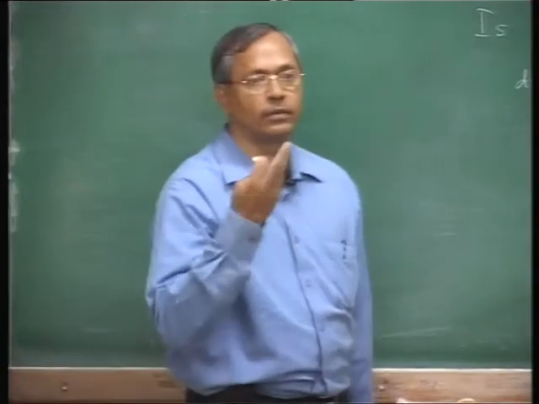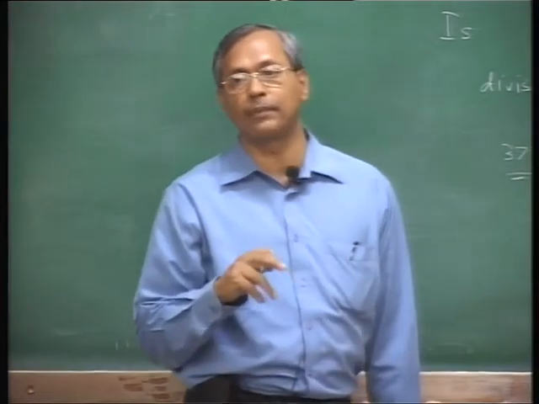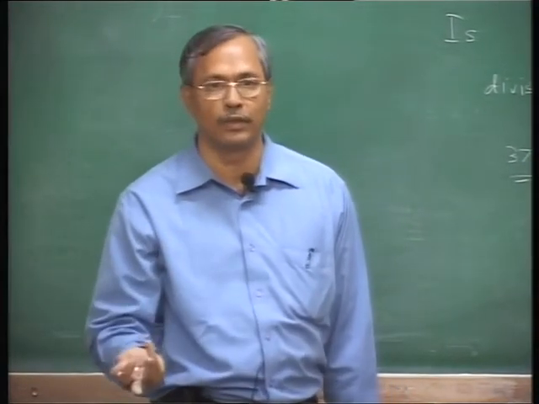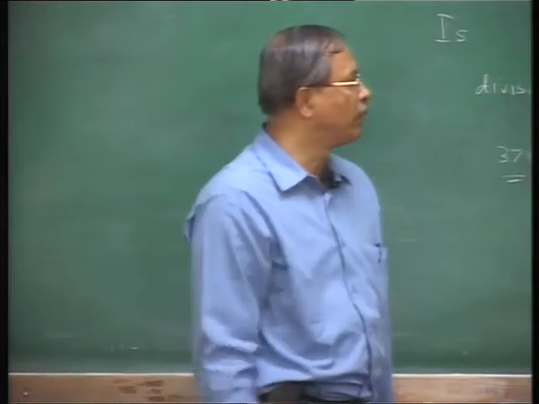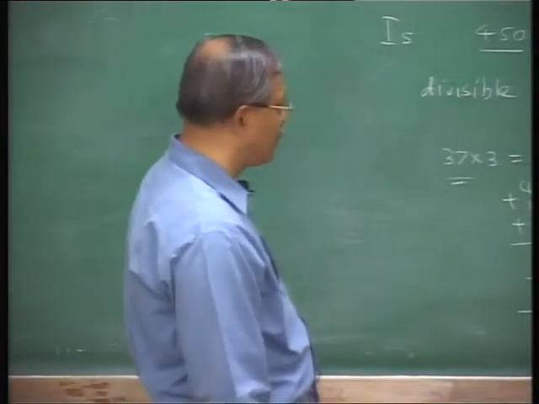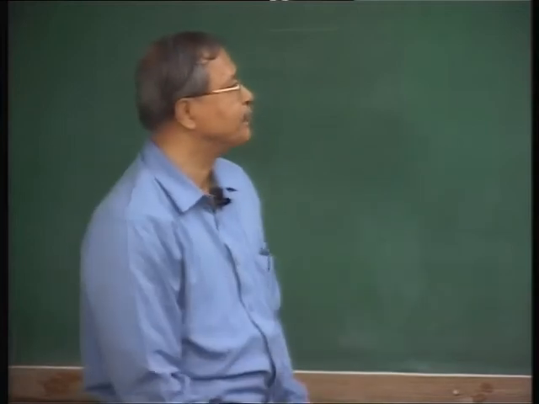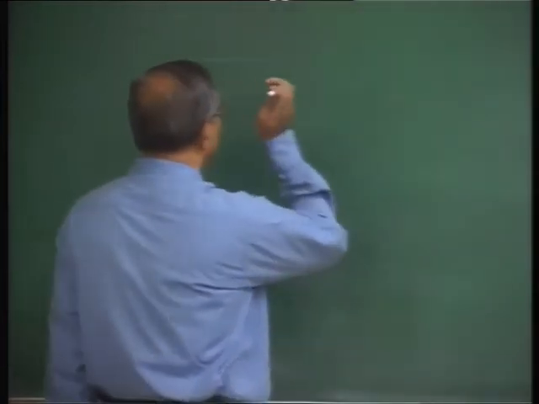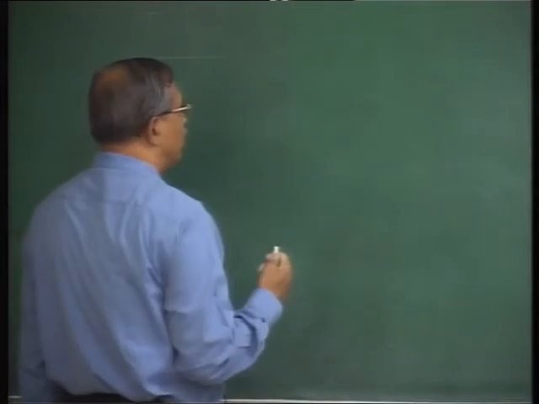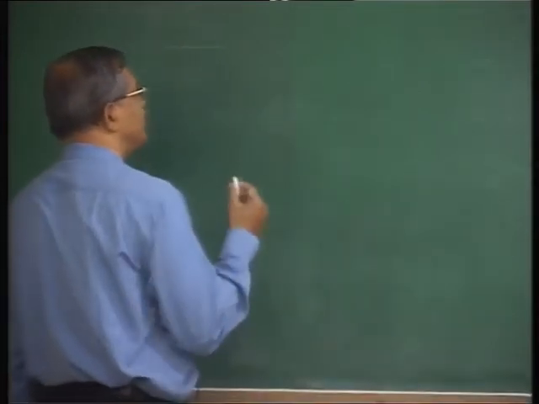So you can have various factors of numbers of the type 10 raised to k minus 1 or 10 raised to k plus 1, and you can have tests of divisibility for all these numbers. In fact, we will see later on Fermat's Little theorem and Euler's theorem, and from that we shall see that we can give a test of this type for any prime p. Test of divisibility by any prime p we can give in a similar manner. Okay. Now we shall do some more results about congruences. This is one application of congruences we have seen.